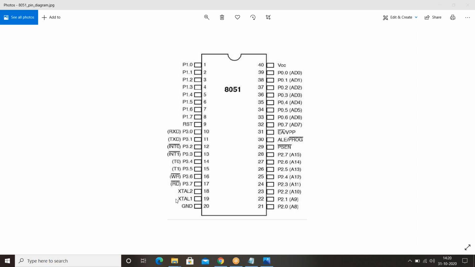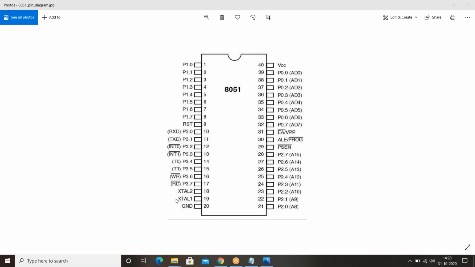If you are using the internal memory, this external access pin will be connected to VCC. So this is the only use of this external access pin. If you are using the external memory, you connect ground to this external access pin. If you are using the internal memory only, you can connect VCC, the power supply, to this external access pin. Clear?